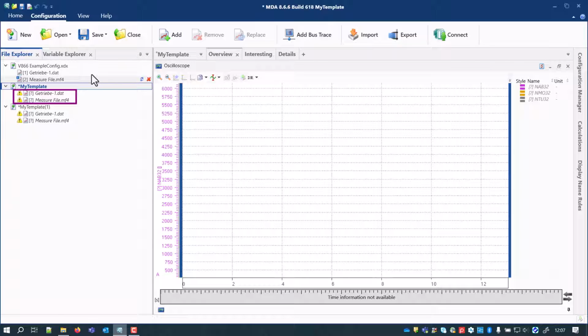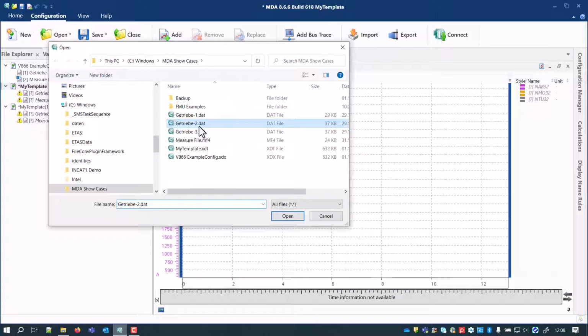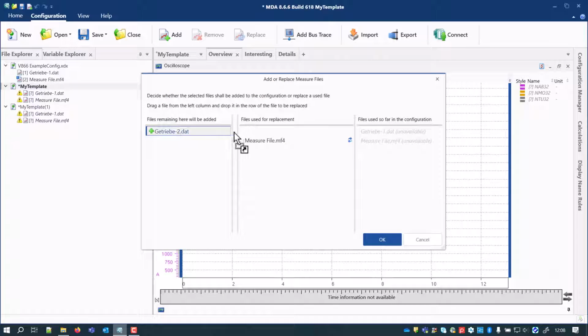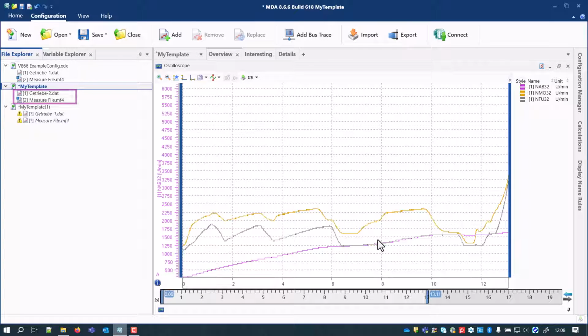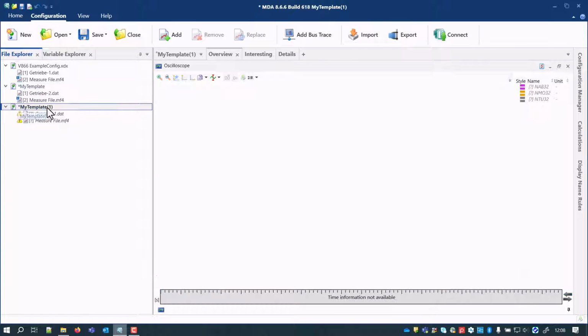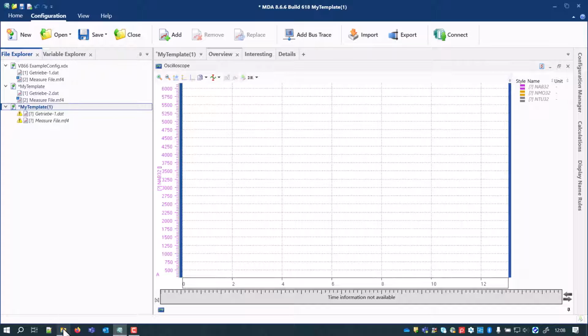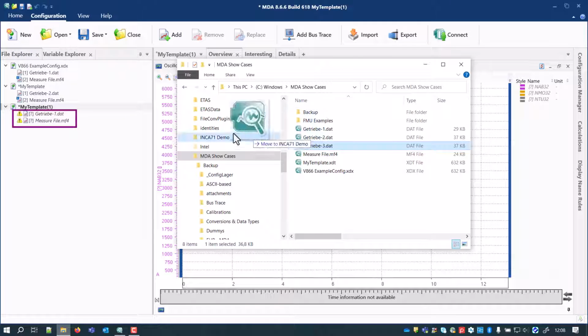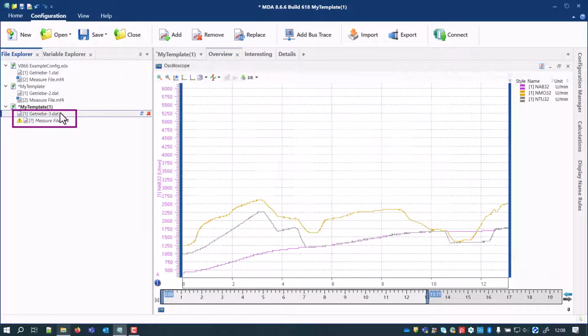And eventually, instead of conducting multiple replace file operations, a simple adding of the desired new measure files is sufficient. The already existing dialog for adding or replacing measure files allows to assign the newly selected files as replacements for the placeholder entries. Whether you have opened an ordinary configuration or a configuration template makes no difference for the usage